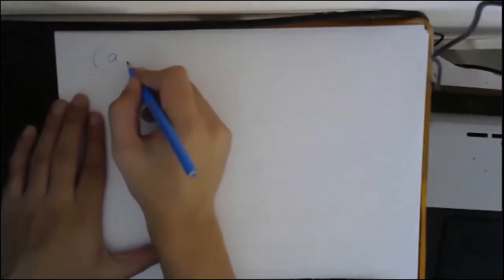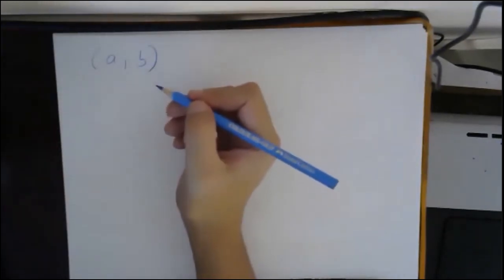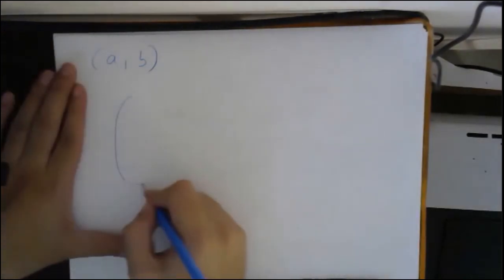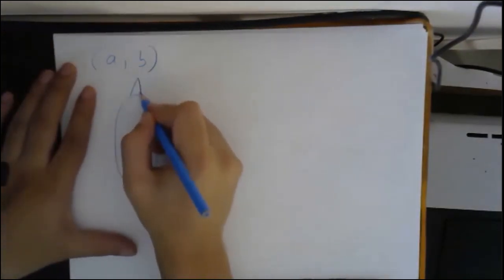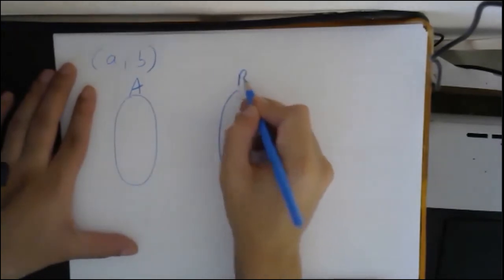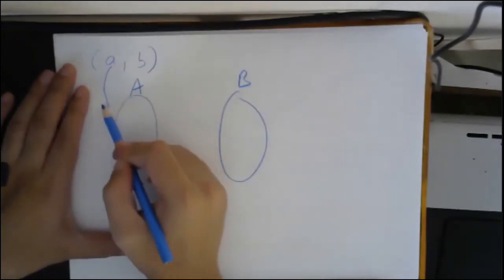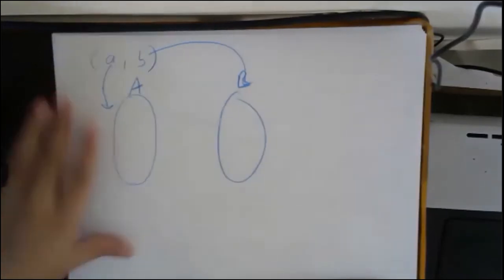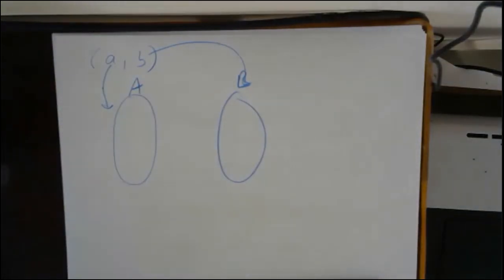Okay. Now see, there are some definitions related to this. We were saying an ordered pair from A to B. So when there is an ordered pair from A and B, suppose this is set A and this is set B. This A is coming from this set and B is coming from this set.